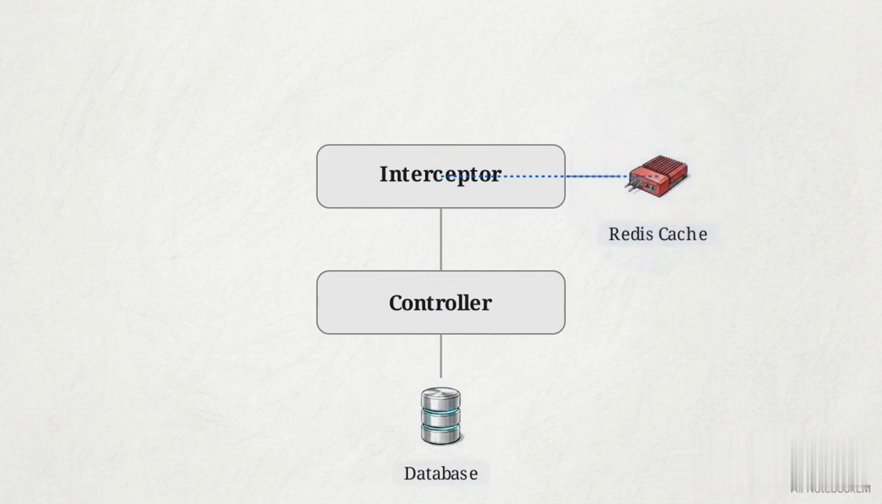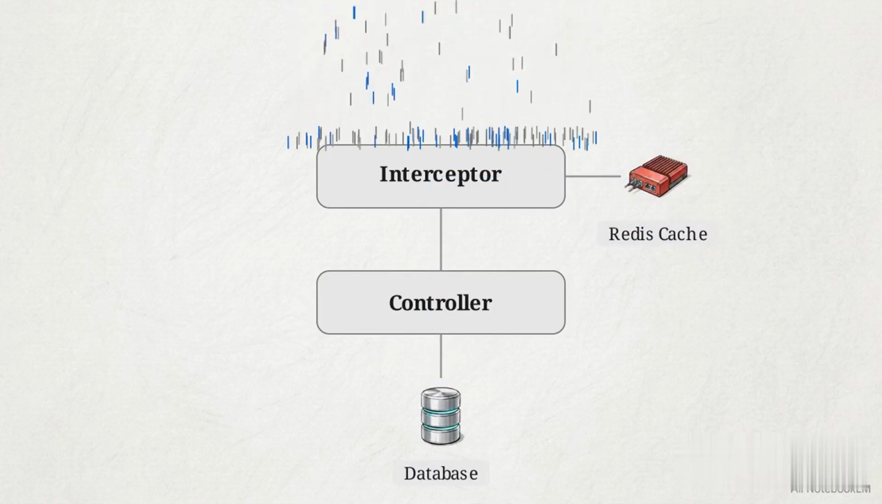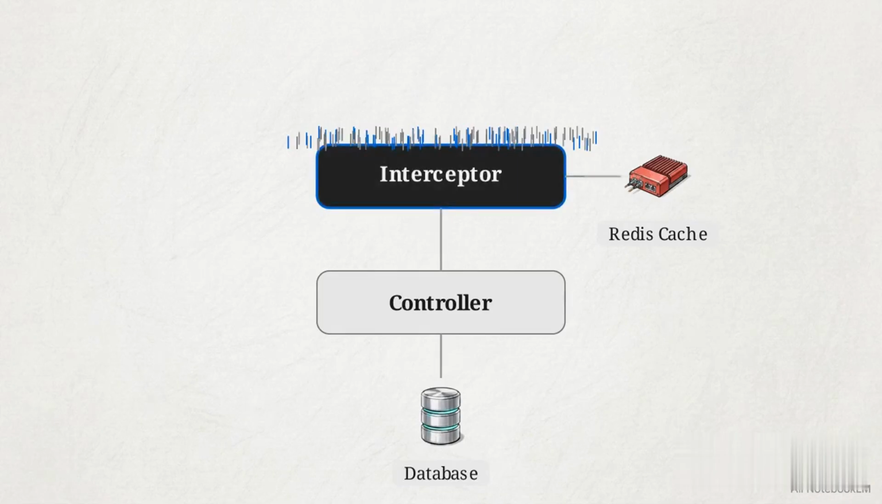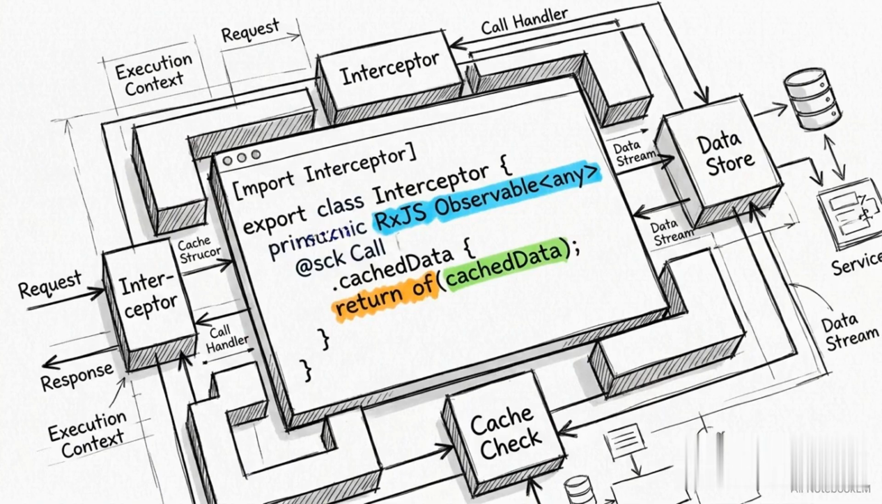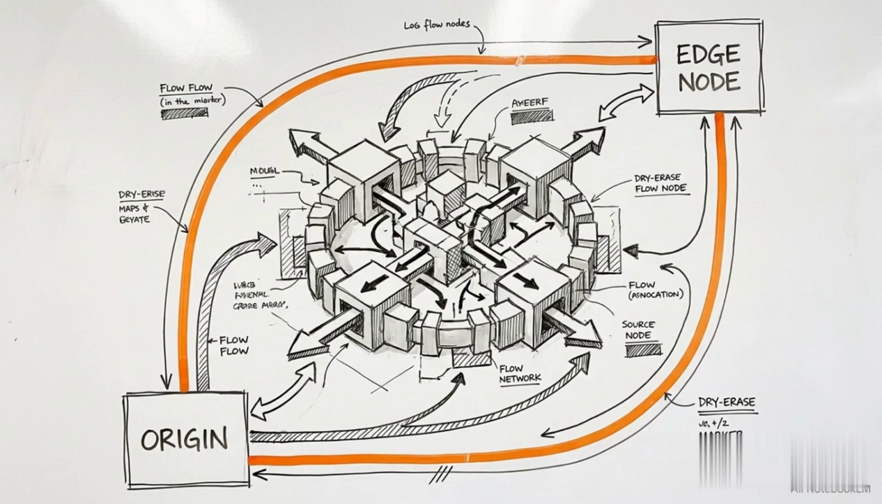Seconds later, when 10,000 identical requests arrive, they hit the interceptor block first. The interceptor reads the active Redis cache and instantly bounces the data back to the clients, bypassing the controller and database. Interceptors can achieve this because they utilize RxJS observables. These streams allow the application to short-circuit the execution context and return a response without waiting for the internal layers